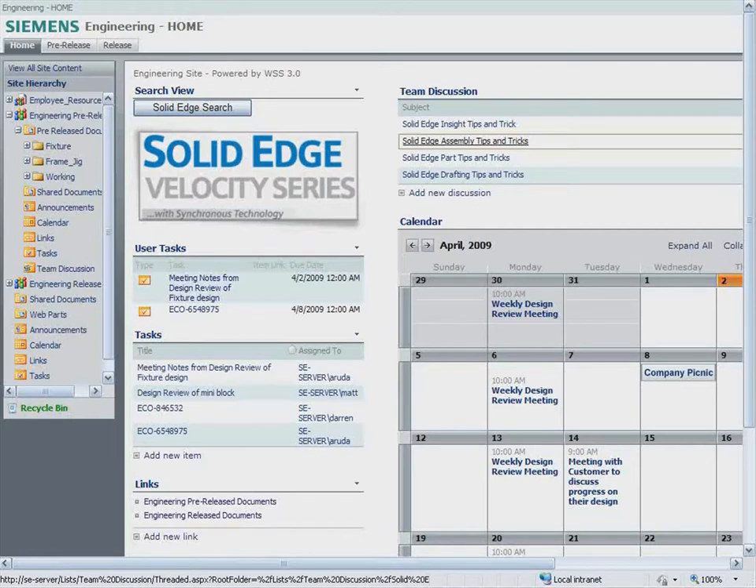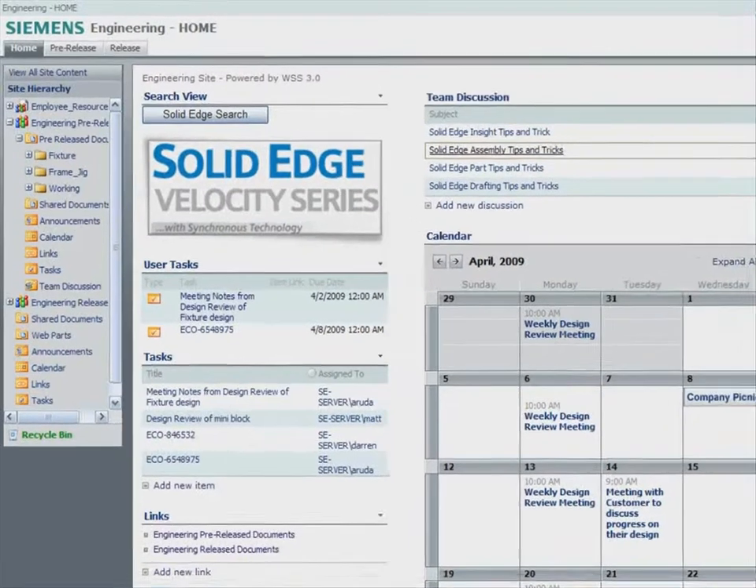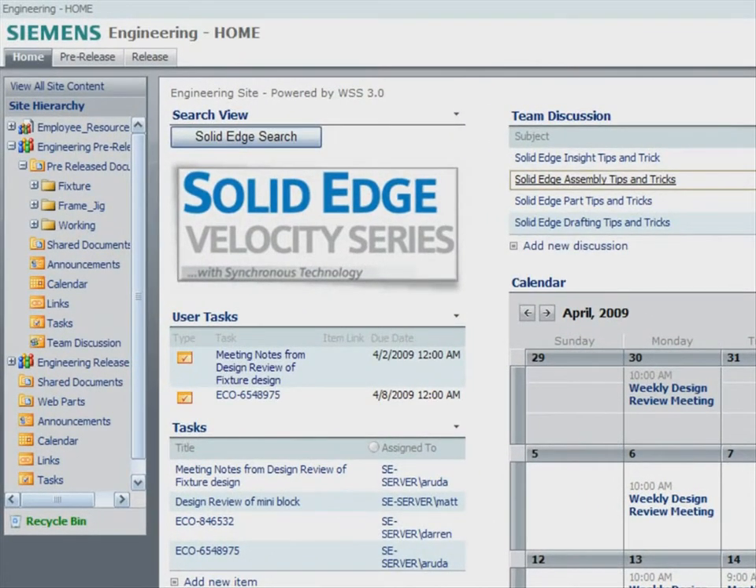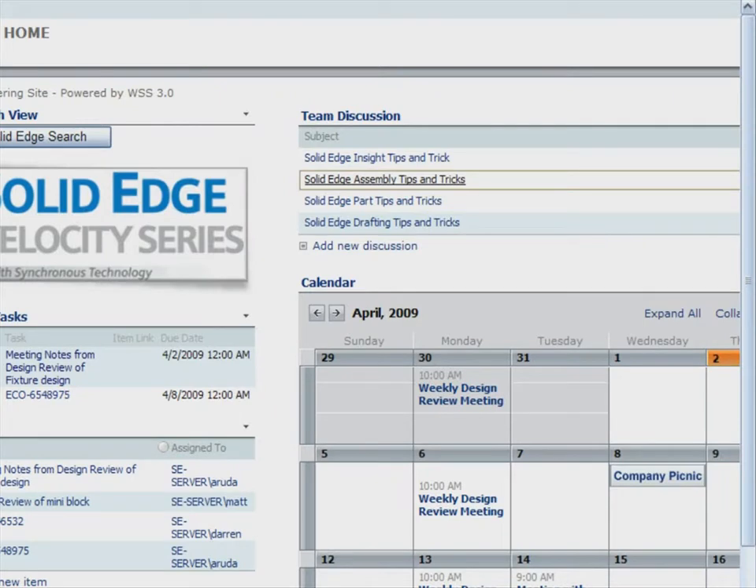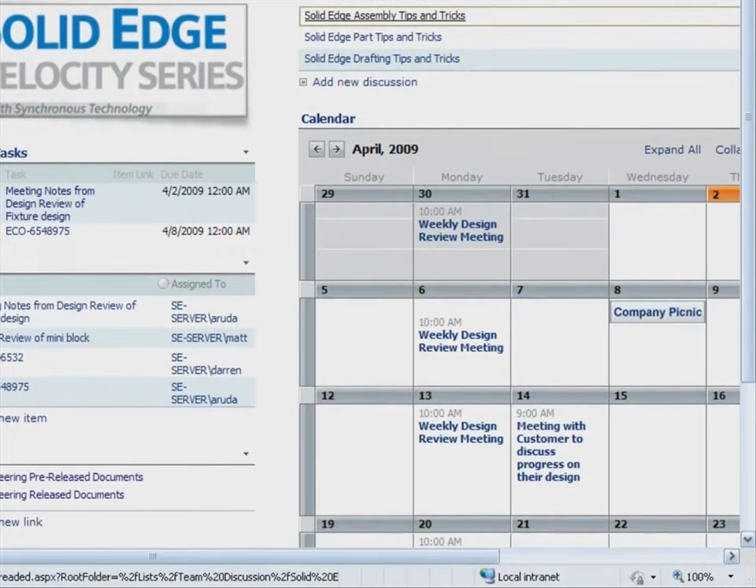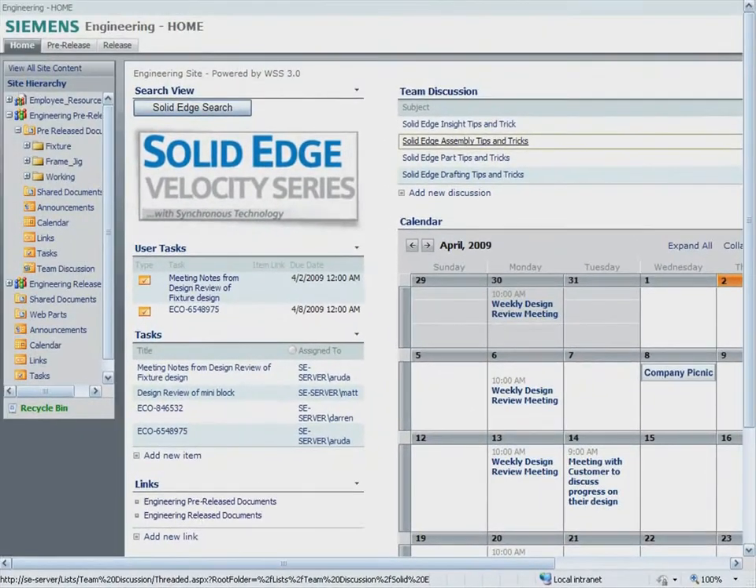This short demonstration shows how Solid Edge Insight takes advantage of the latest Microsoft SharePoint platforms to deliver improved security and collaboration for design data management. We start by using the web portal. We'll see how users can get fast access to design data and how managers can track the progress of multiple